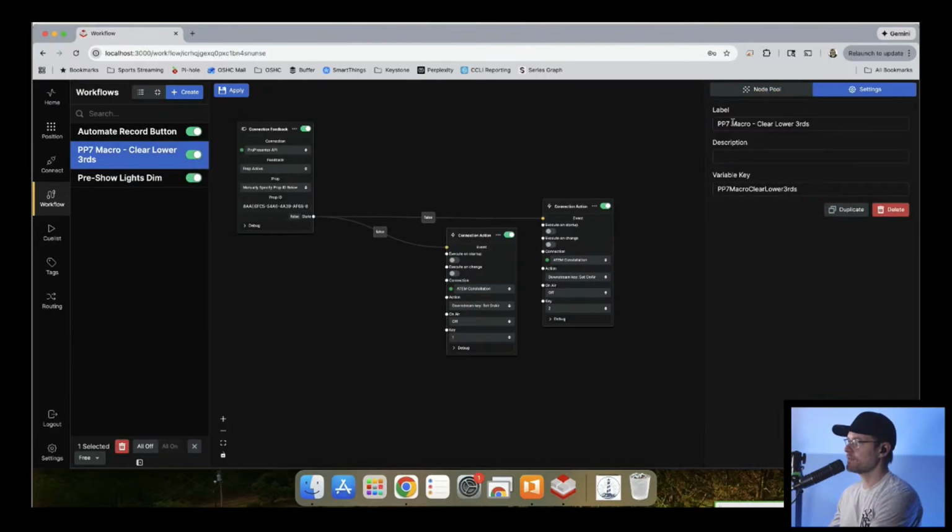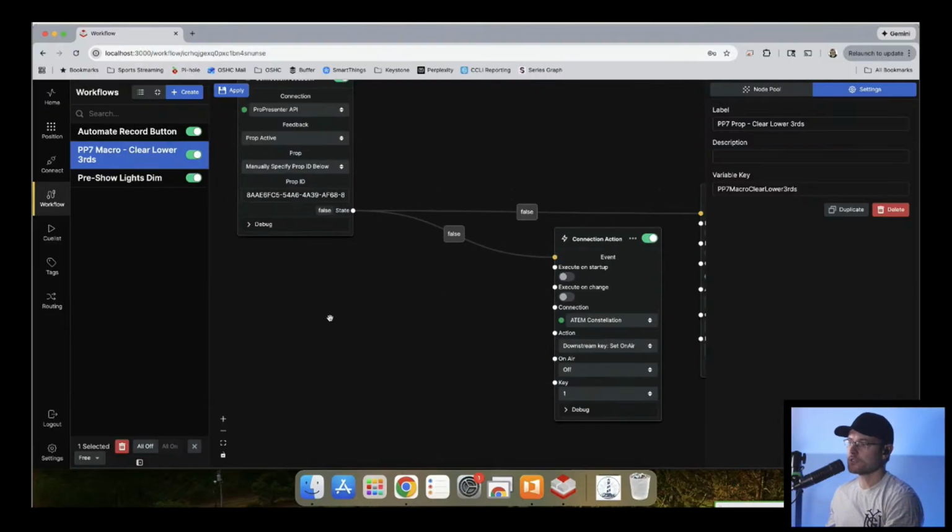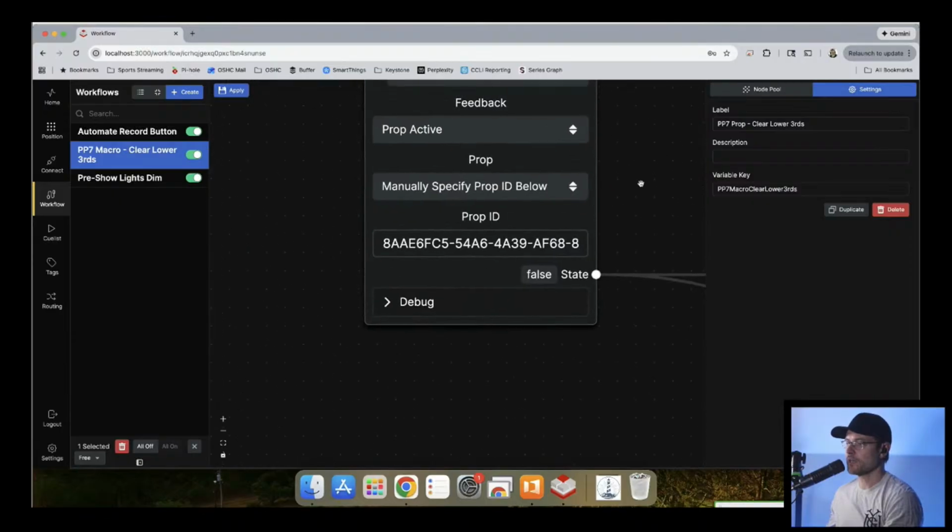to settings ProPresenter prop. I thought I was going to use a macro, but it ends up being that I need to add something to a slide. A macro would make sense, but I need to add something to a slide inside ProPresenter that will trigger the thing that I want to execute inside the workflow. So let's go ahead and zoom in here, and I'll show you how this works.